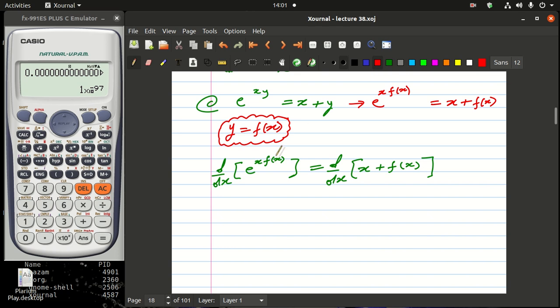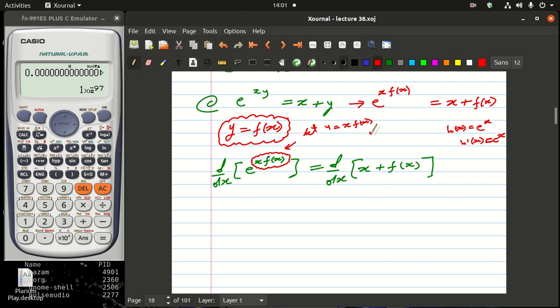I have that nice thing here that is sitting in the exponent, right? So I am going to let this thing here, because I know the derivative of some function, let's say some function h of x equal to e to the power x, is still going to be e to the power x. So instead of having an x in the exponent, I have x times some function. So I'm going to say let u be equal to x times f of x to deal with this,